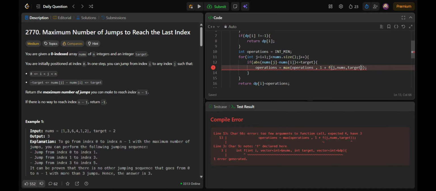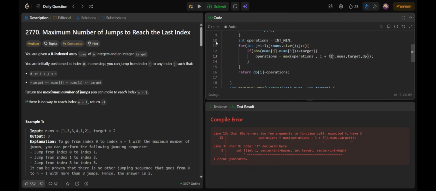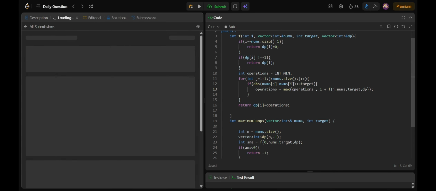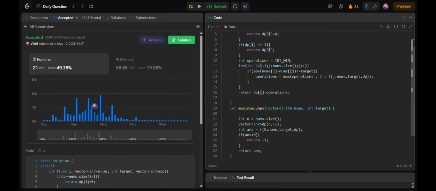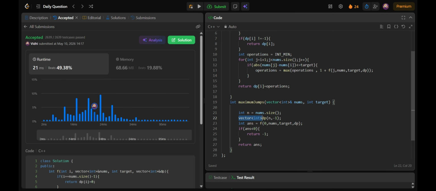Okay, I didn't call DP here. Let's try submitting it. Okay, so the time complexity of the solution would be big O of n square and the space complexity would be big O of